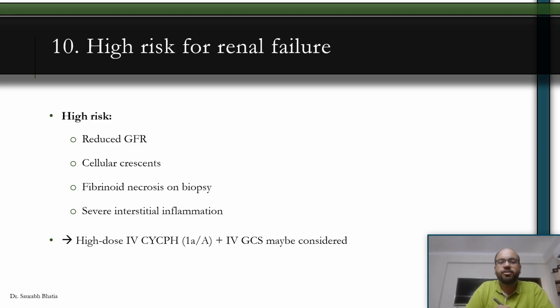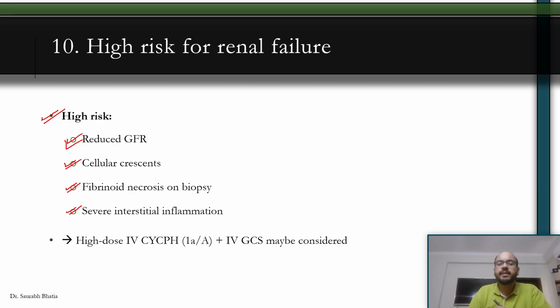The 10th recommendation is in patients who have high risk of renal failure. Now, what are those high risk? How do you judge if the patient has high risk of renal failure? If the glomerular filtration rate is reduced, if it's low, if there are cellular crescent on biopsy, if there is fibrinoid necrosis on biopsy, or if there's severe interstitial inflammation on biopsy. So if any of these features are present, then the patient is said to be at high risk for renal